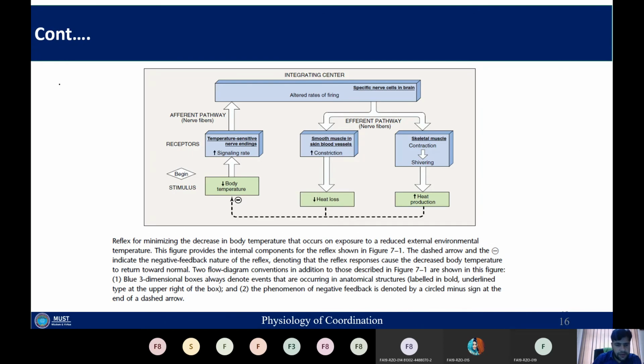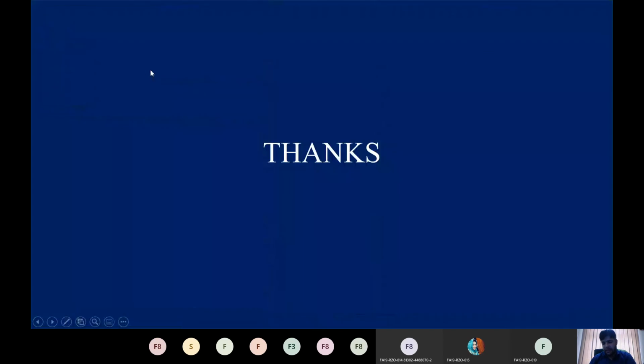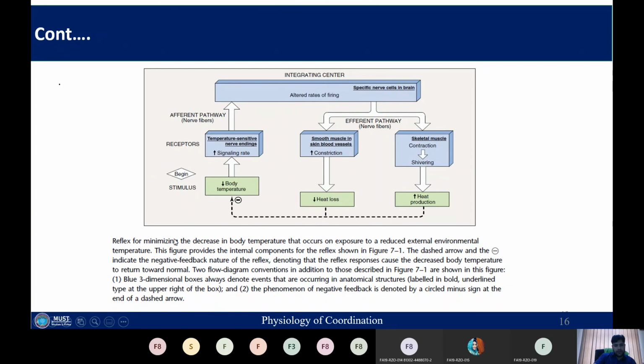So here is another example of the reflex, and as all of you know, a reflex is to minimize the change in the effect of the stimulus. So this reflex is to minimize the decrease in body temperature, and that variation occurs when our body is exposed to a lower external environmental temperature. Here the stimulus will be applied, your body temperature will start to decrease, and temperature-sensitive nerve cells will be activated. Via the afferent pathway this decrease in body temperature will be detected by specific receptors, and they will send signals with the help of the nerve to the